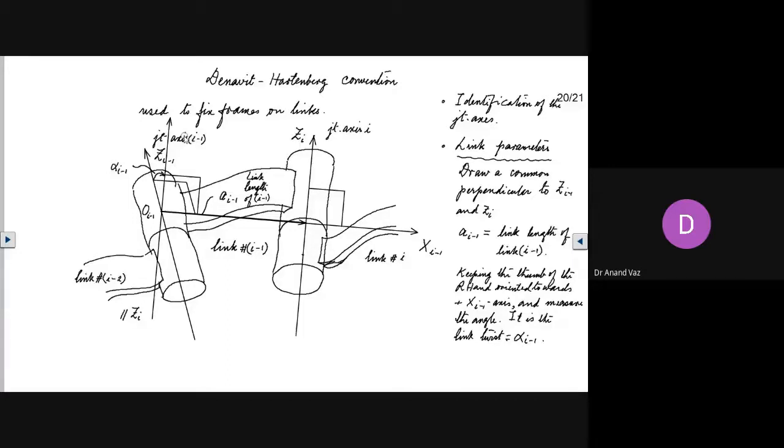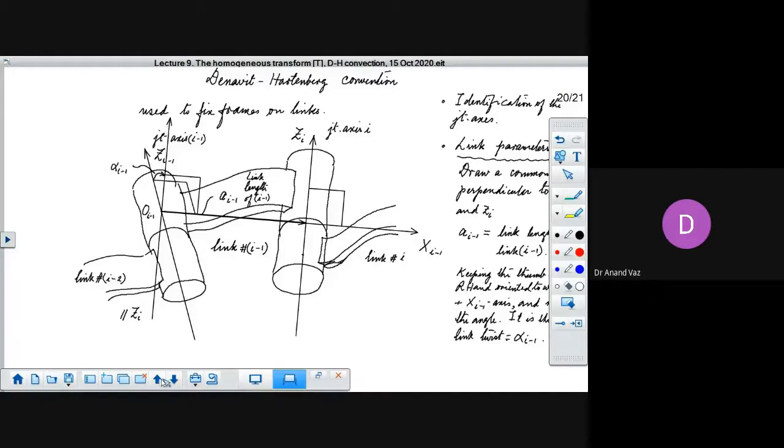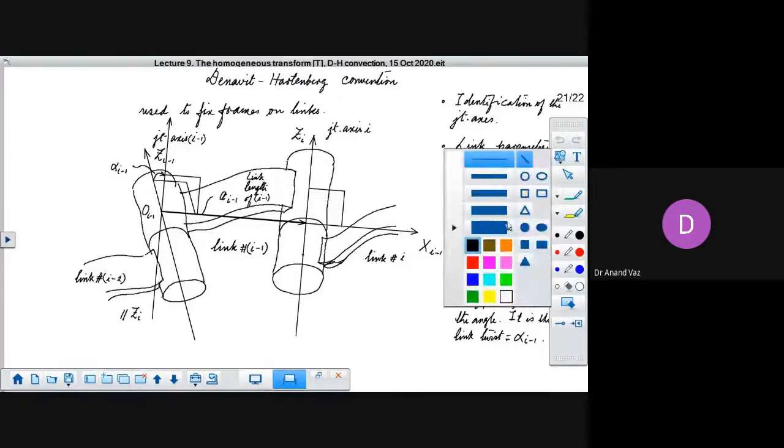Now we have finished only half the story. Let's complete it. We have two other quantities to be determined, and those quantities pertain to the joint. Let us consider this joint Zi. Here, it is actually joining the link i minus 1 with the link i. Let's say that this link i is connected further to the joint axis Zi plus 1 over here, somewhere here. And let's say that the common perpendicular over there is,